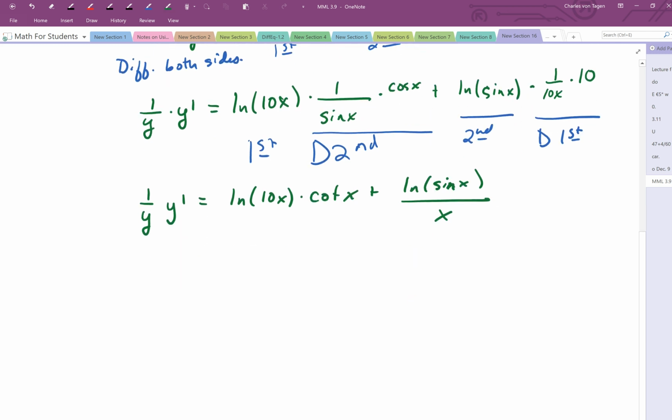Okay. Getting close to finishing. We're trying to find out what y prime is, so let's go ahead and multiply both sides by y to get the y prime isolated. So we get this,